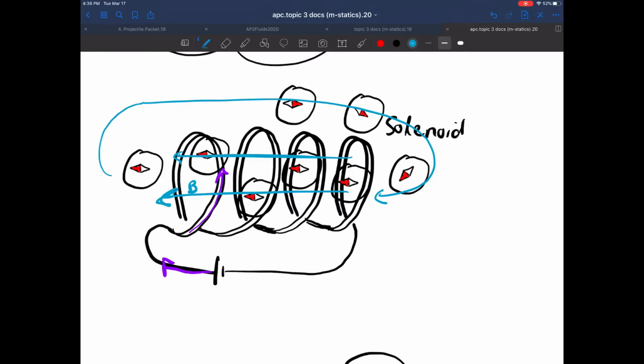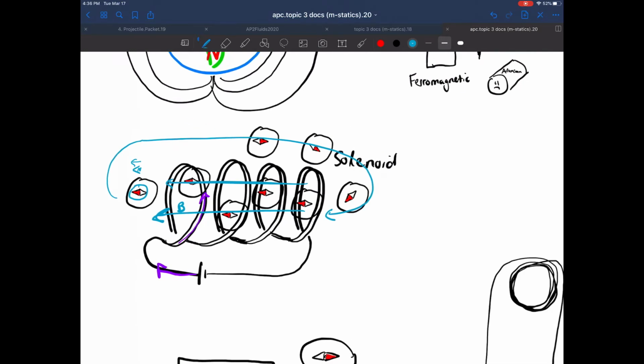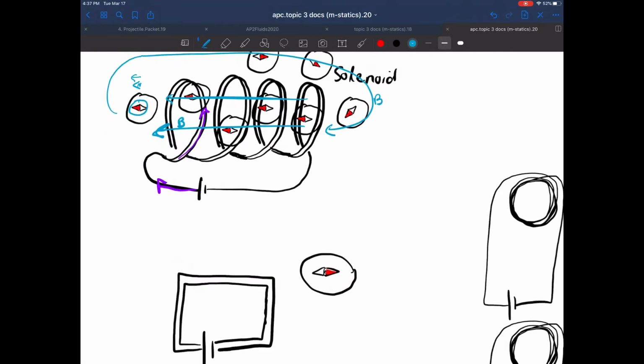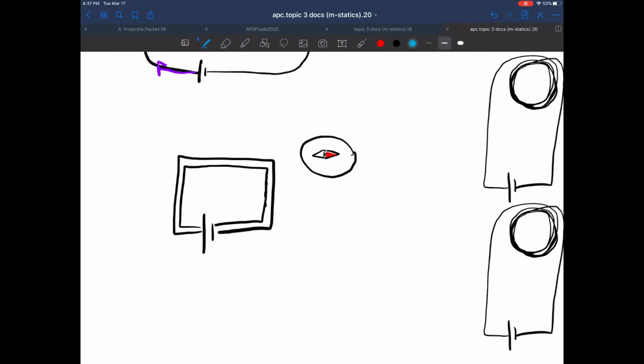So notice that this definition of north is the same direction as the B points. So these guys all point with their north end, and the magnetic field points as well. All right, magnetic field, symbol B. Okay, another thing I have you check out is what happens when you run a current just through a regular